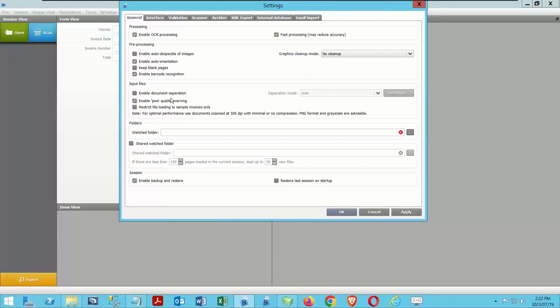This is a key function for looking at separating documents when they've been batch scanned together. Now when I say batch scan, I mean multiple documents of the same type. We're not dealing here with document distinction from one kind to another. We're dealing with separating to put them into different piles of documents. So when it comes to document separation, enabling this means that Capture can use different modes to help to distinguish